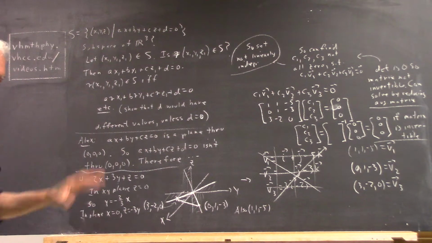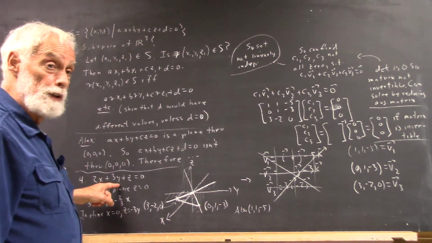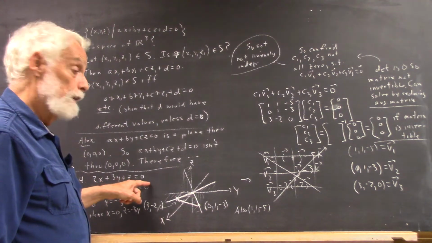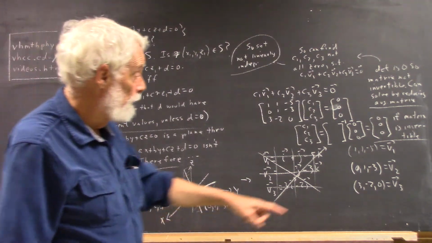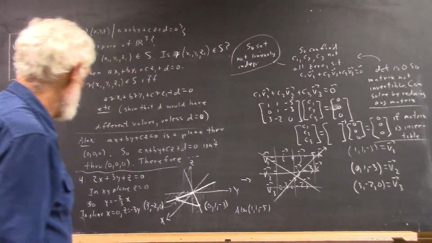Okay, so if x is 0 and y is 1, you get 3 plus z equals 0, so z is negative 3. So the point (0, 1, -3) is one of our vectors. And